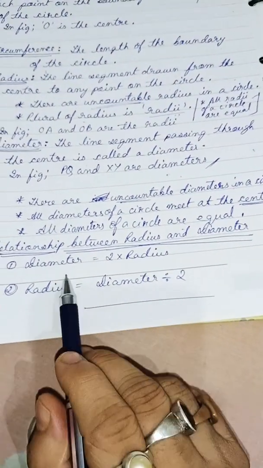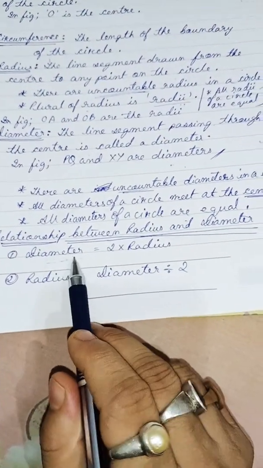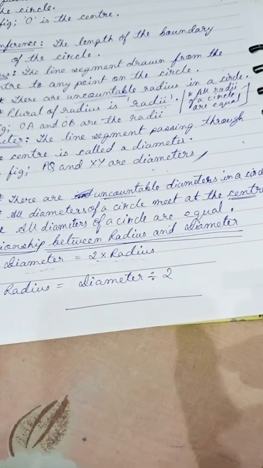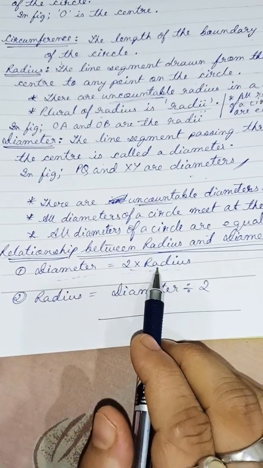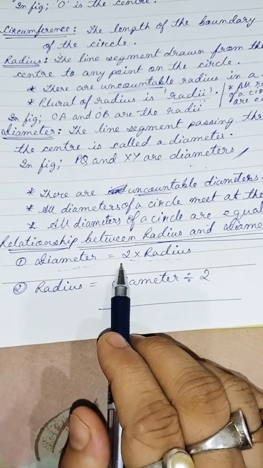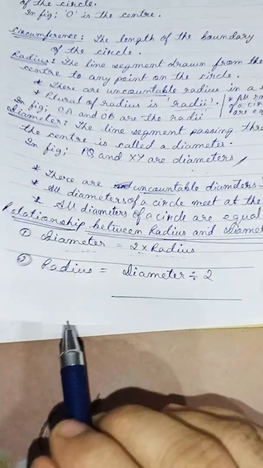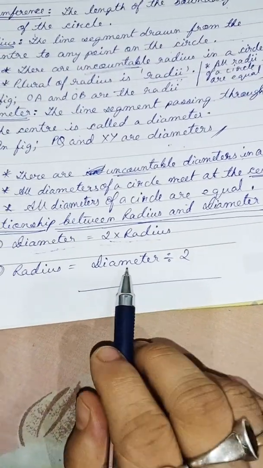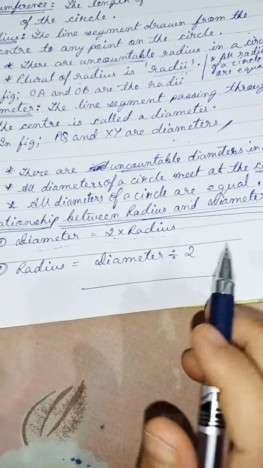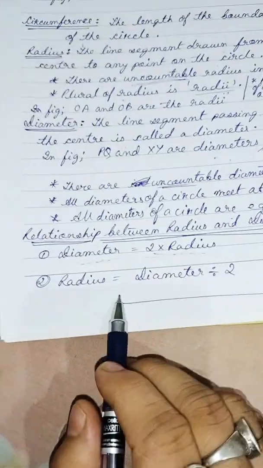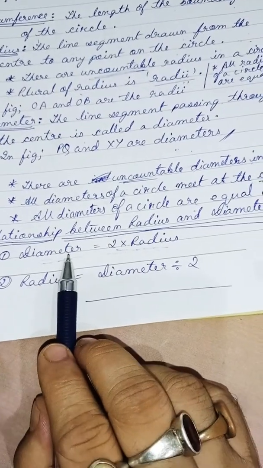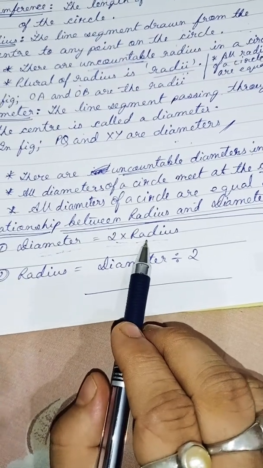So that is the relationship between diameter and radius. If I want to find the diameter, then diameter is equal to twice the radius, that means double the radius. Whatever the radius is, the diameter will be double. So if the radius is given, you just multiply it by 2, you get your diameter. Or suppose the diameter is given and you want to find the radius, just make it half. Whatever the diameter is, just divide it by 2. So half of the diameter is the radius. Just a very simple thing. If you want to find out the diameter, make the radius double by multiplying by 2.